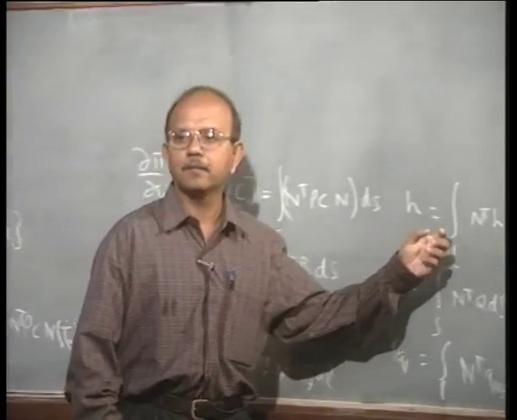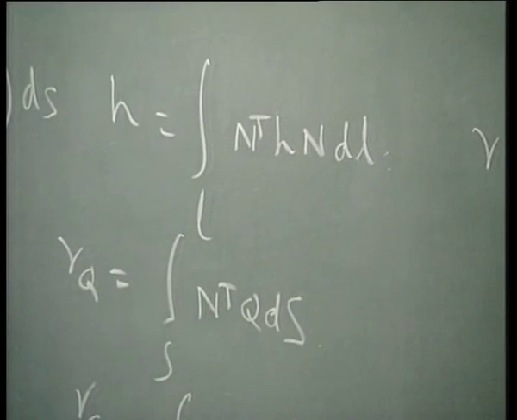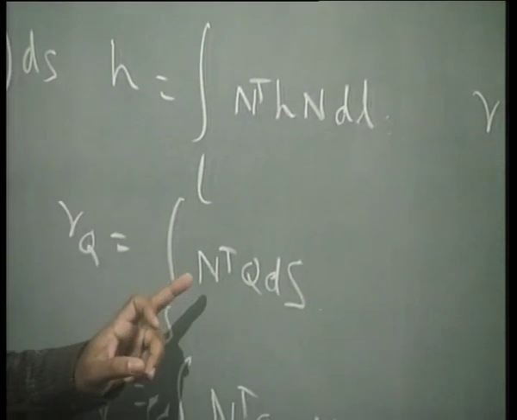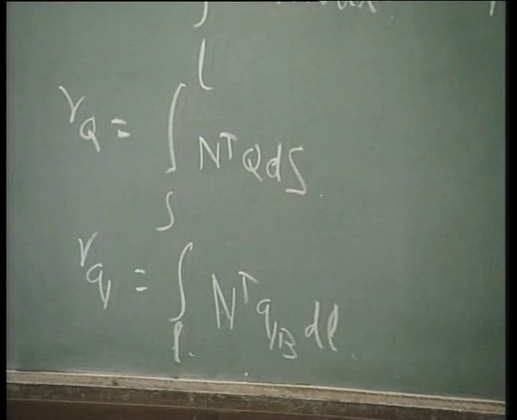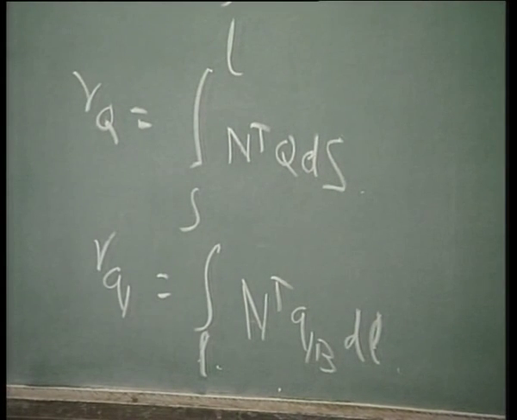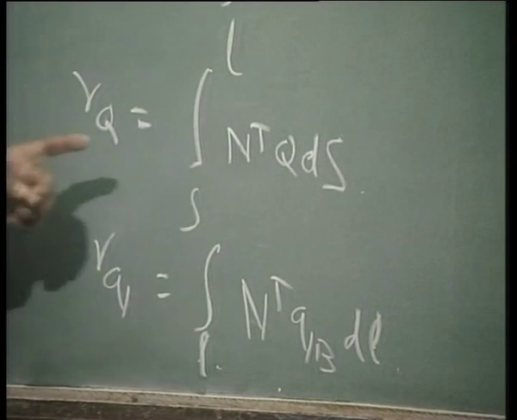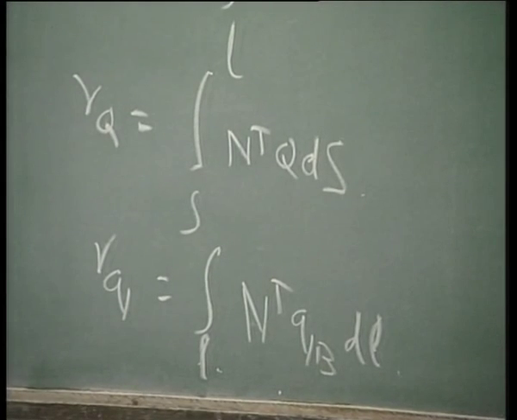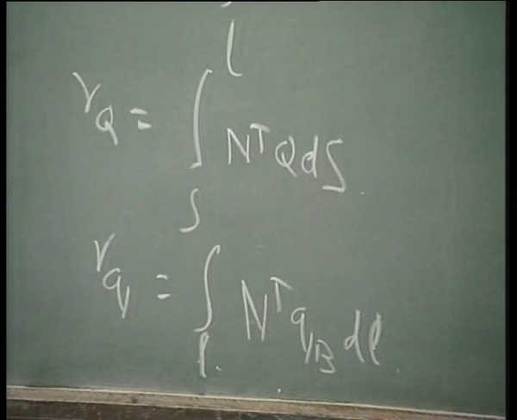This matrix here is very similar to what we have not seen, but what we call an elastic foundation, material on an elastic foundation. So let us not worry about that right now. This matrix, RQ, is a force term, something like a force matrix, and this is the force due to internal heat generation. What can you relate this to?